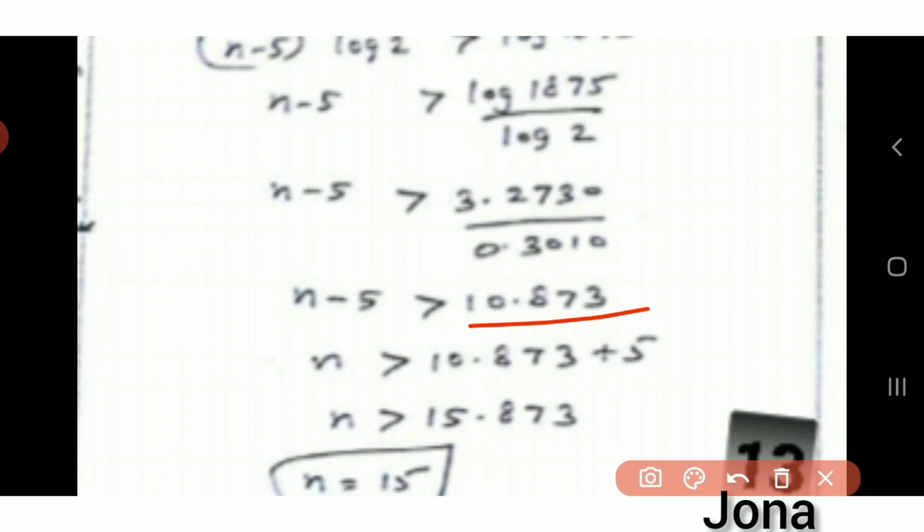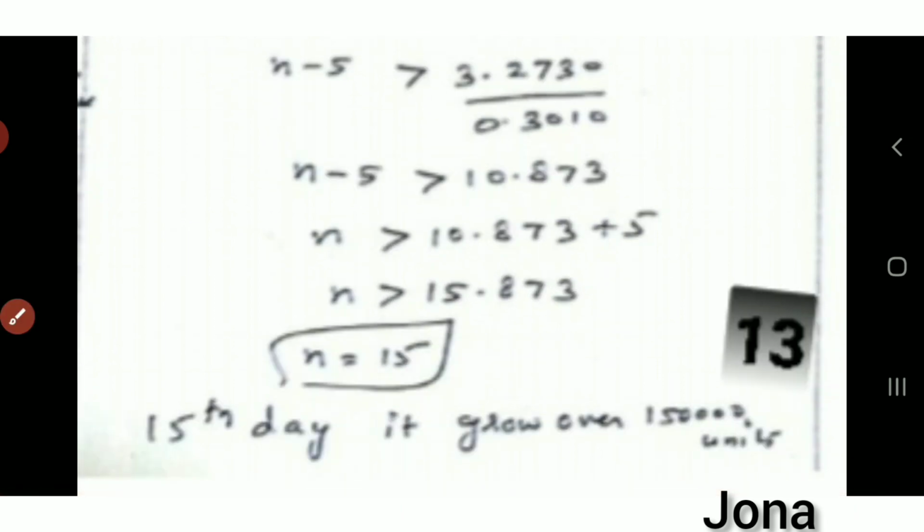And then dividing this, we get the value as 10.873, and then take this minus 5 to the other side as plus 5. So we have n greater than 15.873. That n greater than 15 point something is nothing but n equal to 15 only, isn't it? So we can say that in 15 days the bacteria will grow over